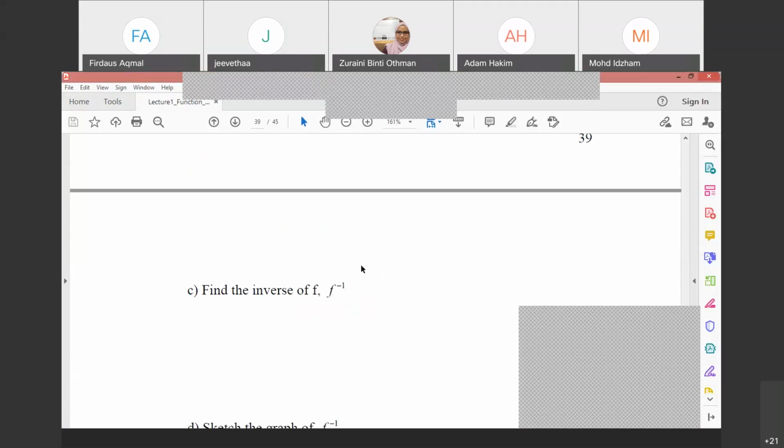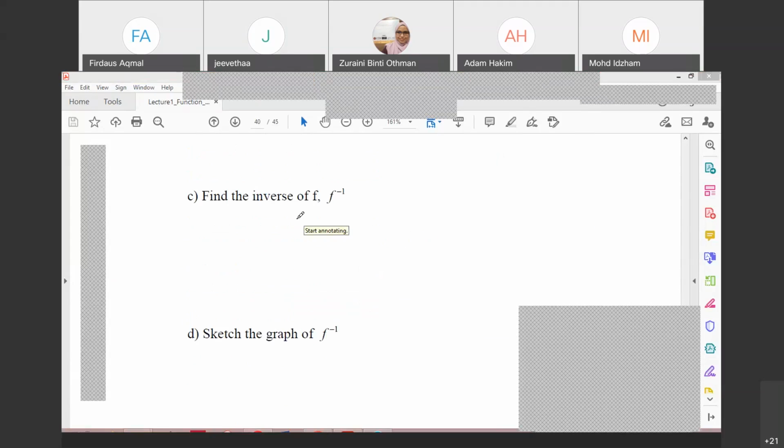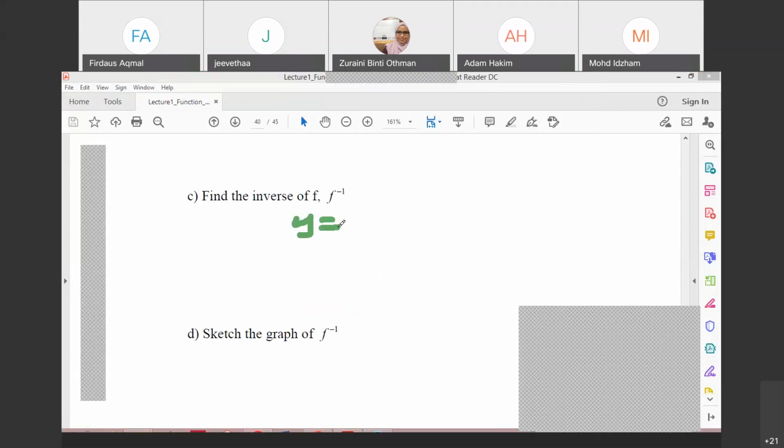Domain and range, okay. Y, just now f. Yang ni ialah f. F sama juga dengan 2x campur 3. So, in order to get the inverse function, okay, boleh gantikan dia sebagai y lah. 2x campur 3. So, rearrange this equation, we get 2x sama juga dengan